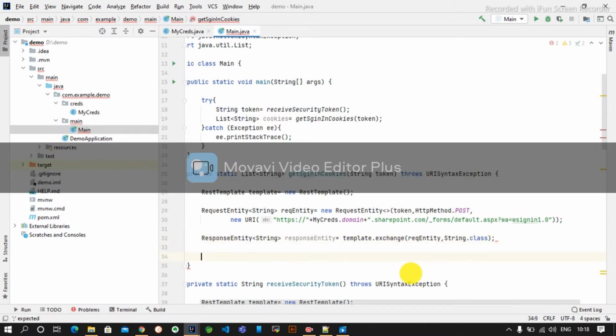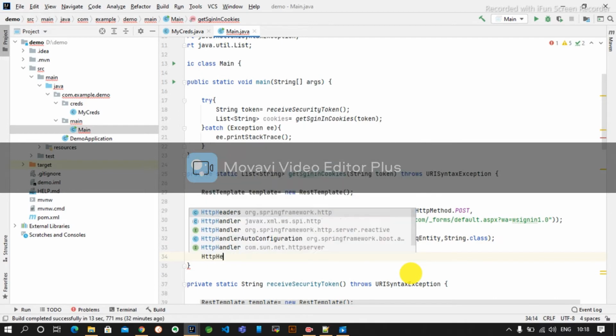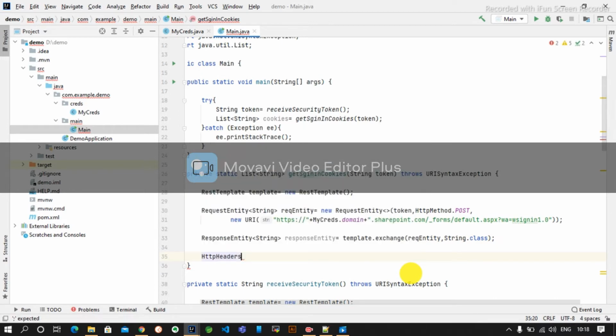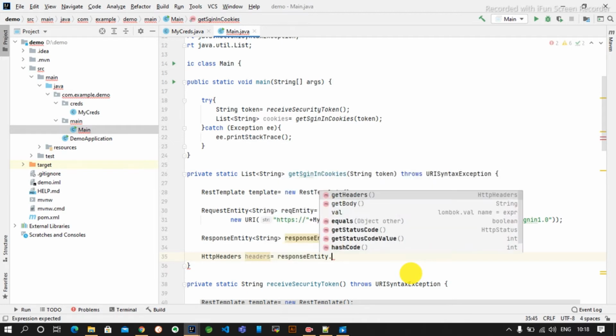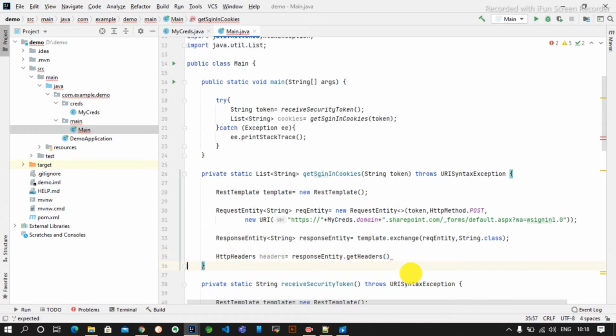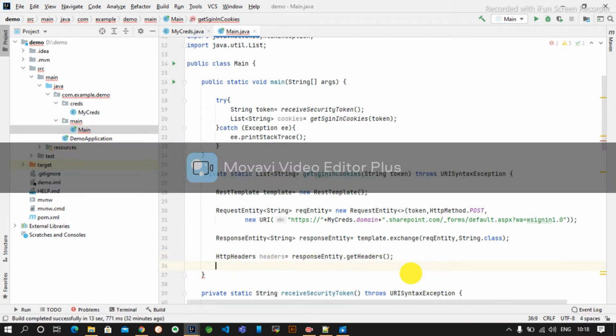Okay, so now since I have written these HTTP headers, we need to get the cookies. Cookies come from the headers only. Headers is new HttpHeaders, response entity.getHeaders.